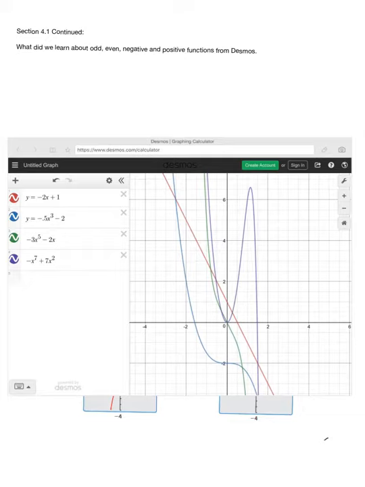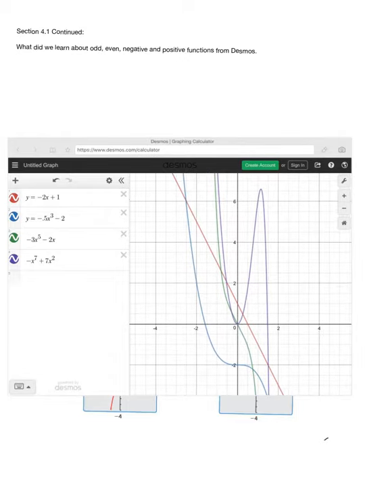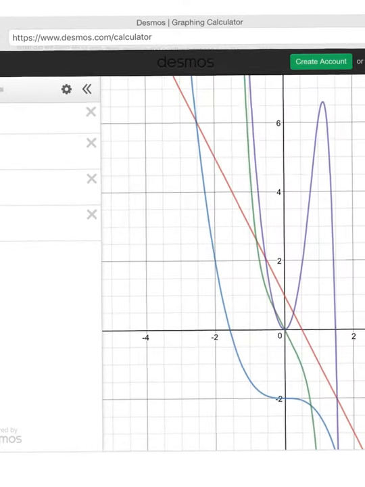Okay, all right. Wait, mine is different from yours. For the second one, mine just faces this way. Oh, you did an x squared in there somewhere. Oh, is it? Oh, so it's better. My bad. All right. So anyway,